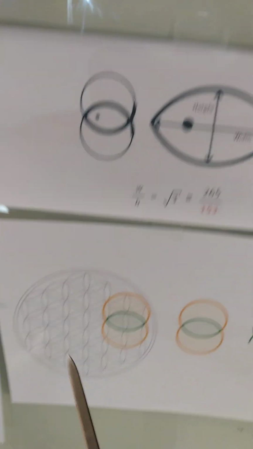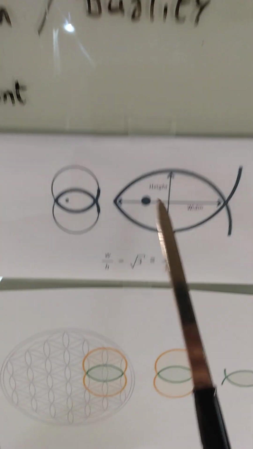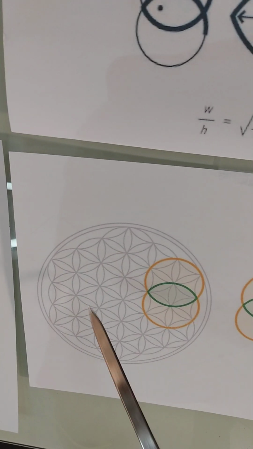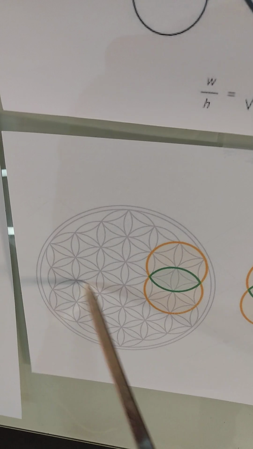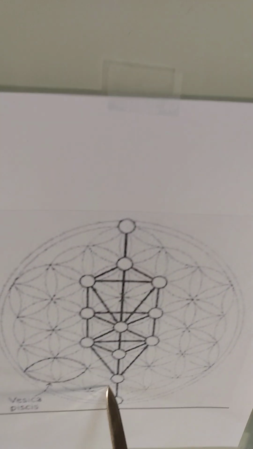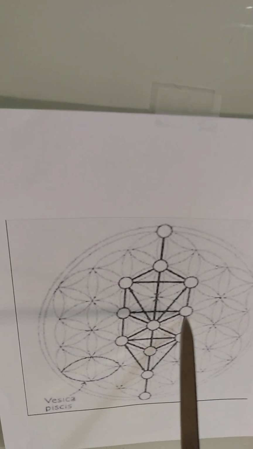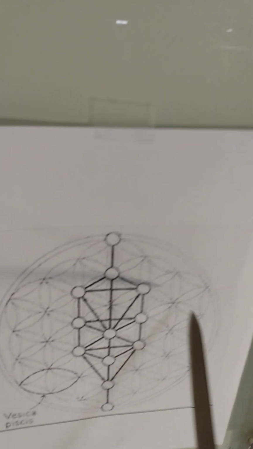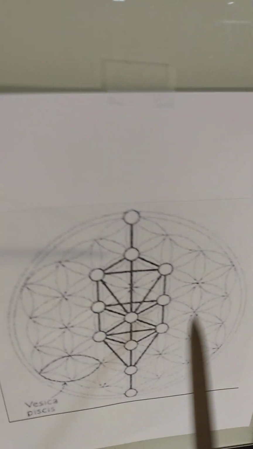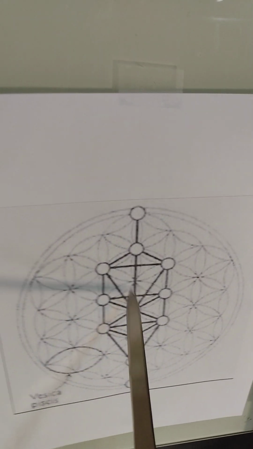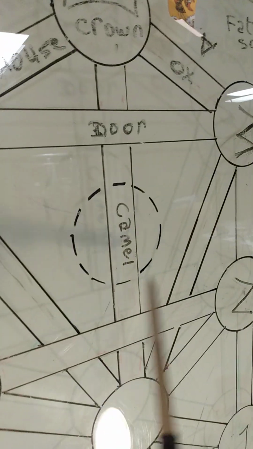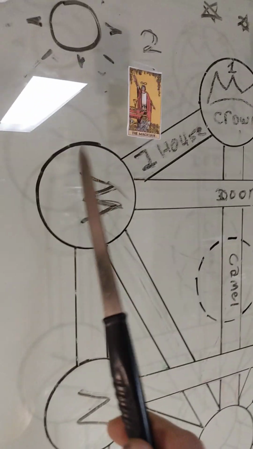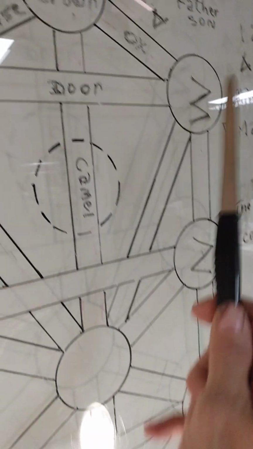Now, they're going to give you all kinds of different definitions, but the truth is that everything comes from the Kabbalah, and the Kabbalah created your story of Genesis. As we explained earlier, this is the flower of life, and inside the flower you have a tree, and this was the inspiration for the tree in the middle of the garden in heaven. And inside this tree there's a missing fruit. It's this one here. That's why you have the 10th Sephirot. That's why 1, 2, 3, 4, 5, 6, 7, 8, 9.